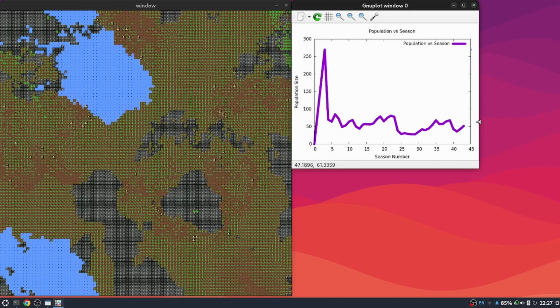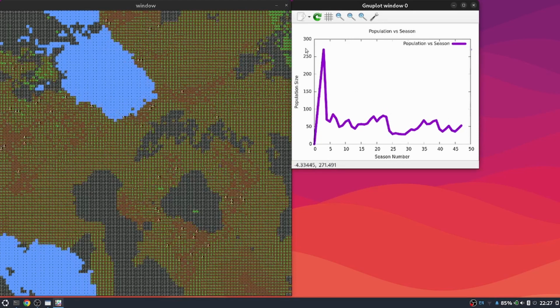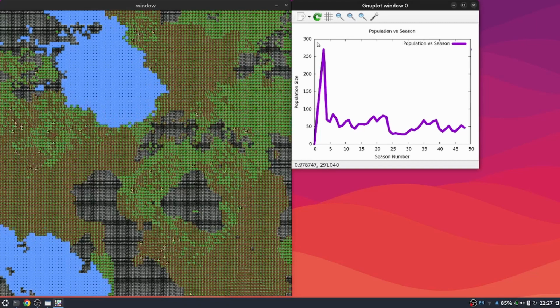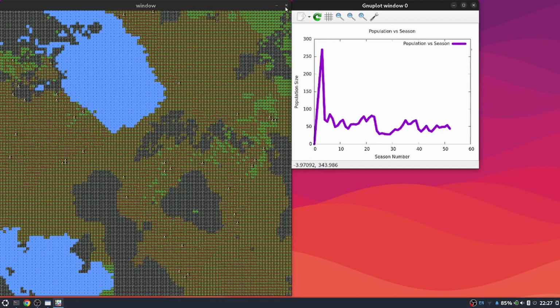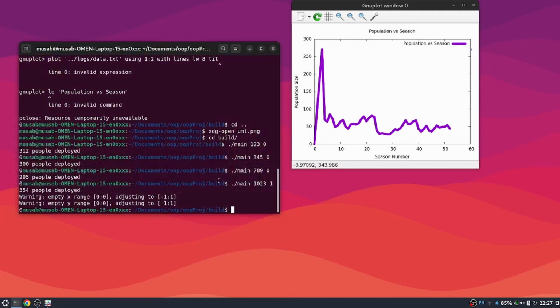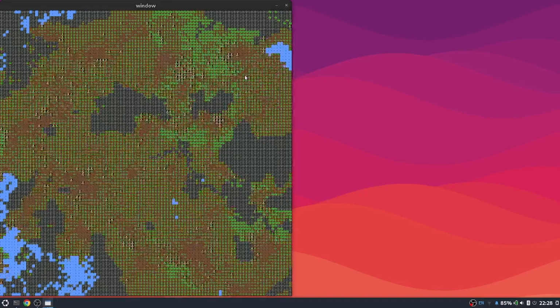Sometimes there will be a dip, like in season 25, but over time the population size will return to that normal average, which is its carrying capacity, in this case around 60 or 70. This will vary across maps. So if we try a new seed, now 1024, the seed directly after,